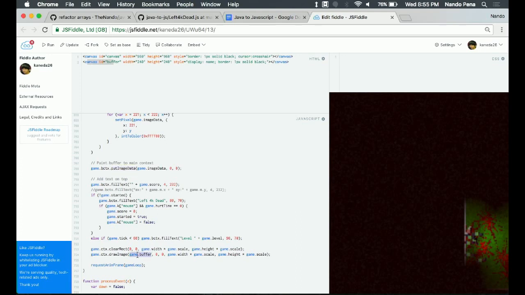So now that everything's on the buffer, I can take my other context, which is the actual canvas, and I can draw the image to that directly. And I just tell it how I want to scale it and everything. So that's pretty much the big parts of it. Creating the blank, getting the web element, the DOM object, linking that to a context so I have a way to draw to that image. Then using the context to set all the pixel data, which is like a big array, and you just set color values on it. And then once that's done, because I'm using this buffering technique, I'm scaling that up to the actual final picture that's much bigger.